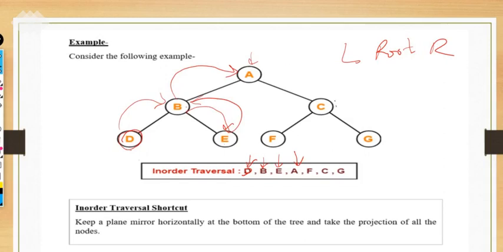Now we have to check the right side of the root. You will check, is there any left? Yes. So first write the F before C. You will not write the C; first write the left. You are coming over here, then you are coming over here. So first write the F. After this you are going back to the C. Is it a root? Yes. So mention the C. Then is there any right?